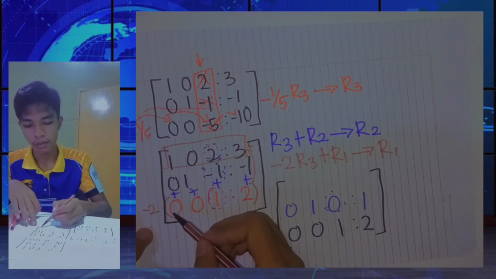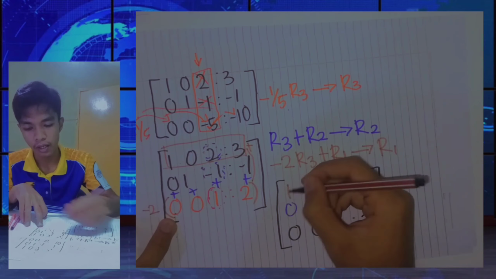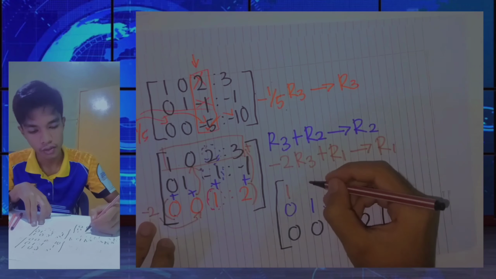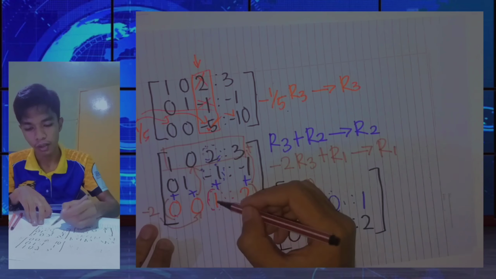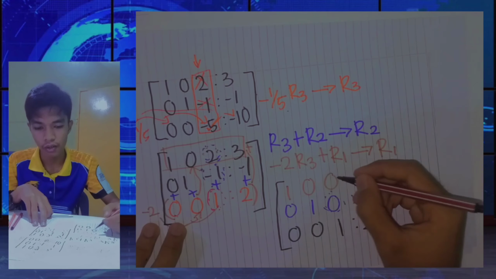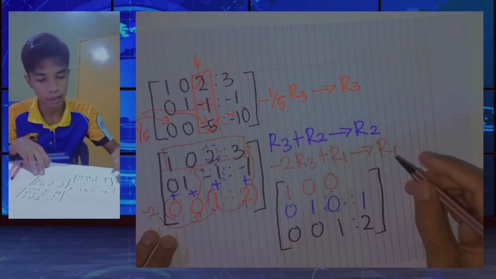What we get here is negative 2 times 0 plus 1, we get 1 here. Negative 2 times 0 plus 0, we get 0 here. Negative 2 times 1 plus 2, we also get 0 here. And negative 2 times 2 plus 3, we get here